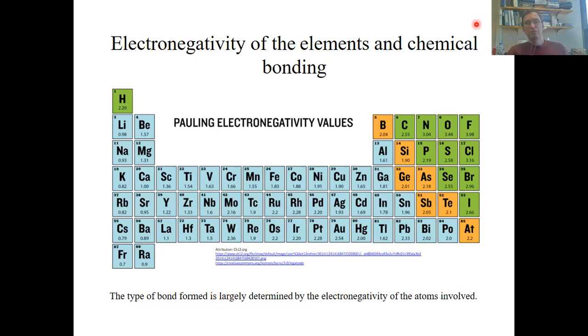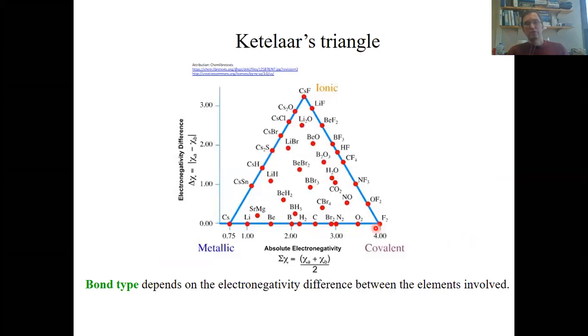We first applied this to the bonding within elements, and we saw that when two atoms have low electronegativity, they tend to form a metal. When the atoms have high electronegativity, they tend to form molecules and covalent bonds. And if they have intermediate electronegativity, they tend to form a metalloid with a chemical bonding in between covalent bonding and metallic bonding. So finally, let us extend these considerations to compounds, and that can be nicely illustrated